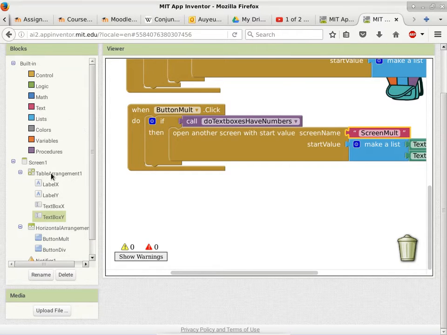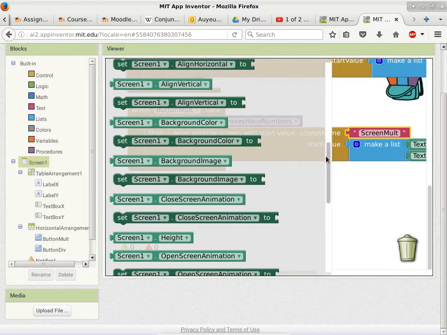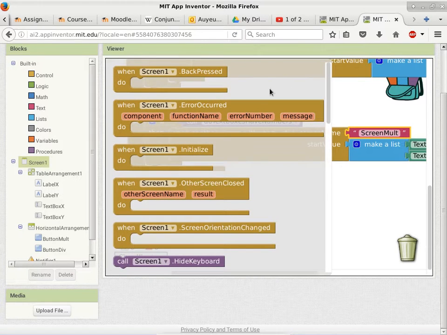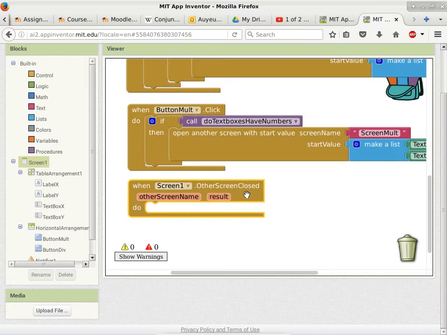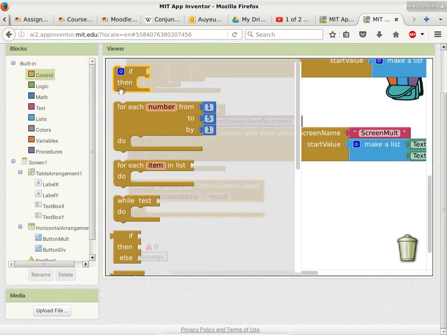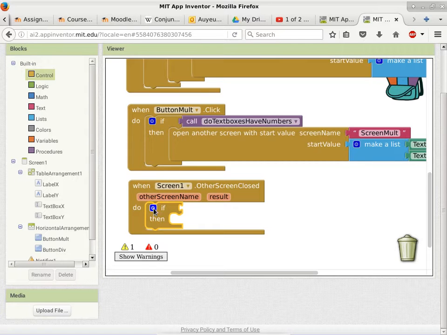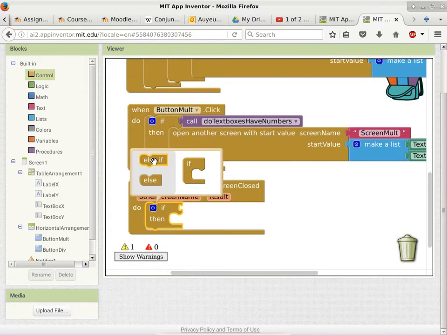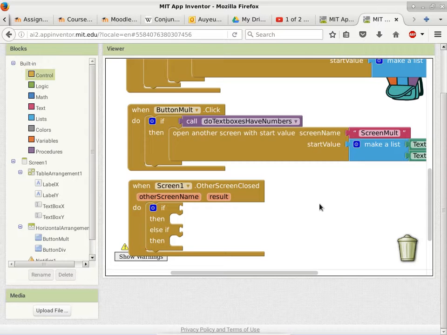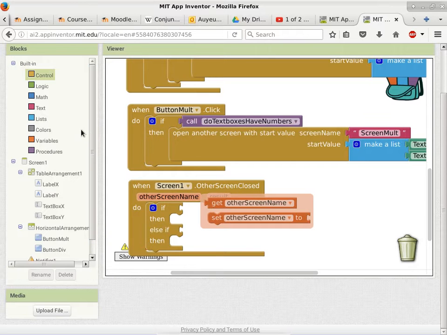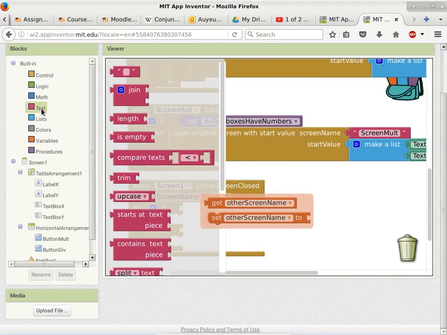So the tricky part is when we do have something coming back from the other screen, we have to differentiate where it's coming from. So we go to screen 1, and screen 1 only has a few event handlers. This is the one that we have to use in this case. And you have to start with a conditional statement because you have to decide which screen is coming back with the result. Now there are ways to make this look simpler. I'm not going to go for that, so I'm just going to use the most straightforward approach. So in this case, you have to compare other screen name with the name of the screens that we know. So we need a text compare in this case